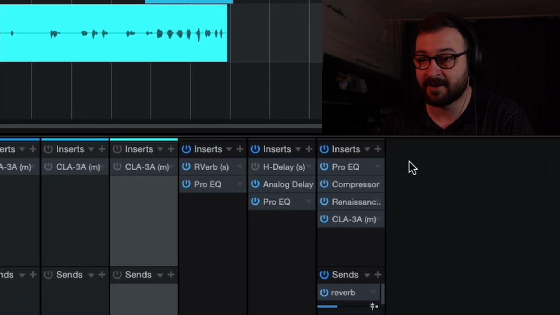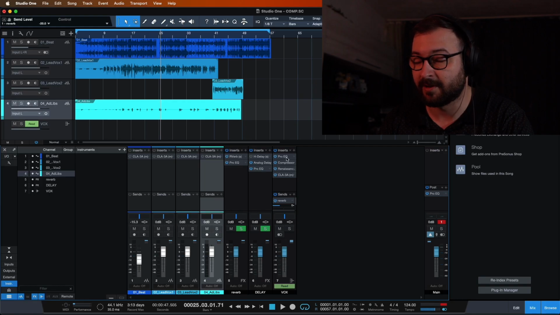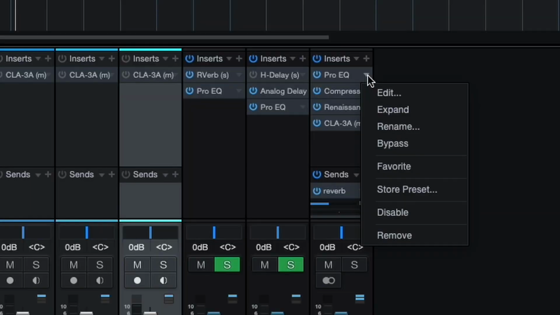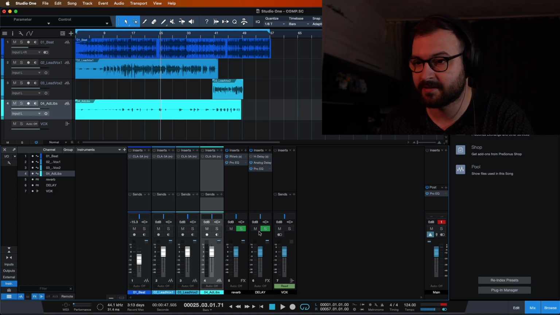Now, as you can see, I already have some inserts here, an EQ, the compressors, and some sends, the reverb and the delay. What I will do is actually delete all of them. So let's start with the inserts that are on the vocal bus. I will delete the sends as well. Yeah, I've deleted the sends, these ones can stay like this.